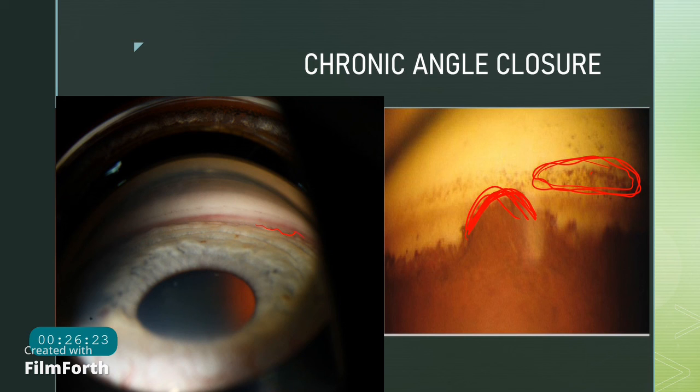Sometimes you will see neovascularization on the iris, which is definitely a sign that neovascularization might be present in the angle as well. So neovascularization is associated with fibrosis, and when it leads to fibrosis, the fibrosis will contract, and that will cause the closure of the angle. It will pull the iris forward towards the cornea, and the angle